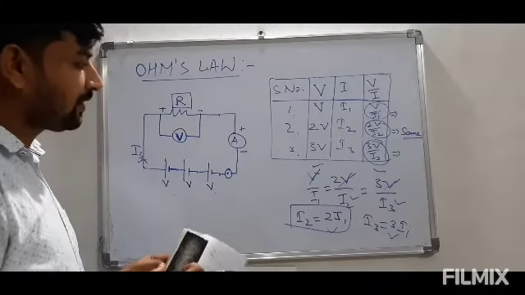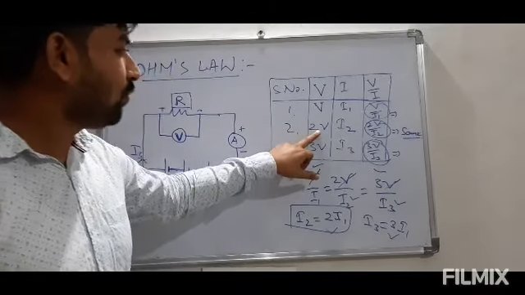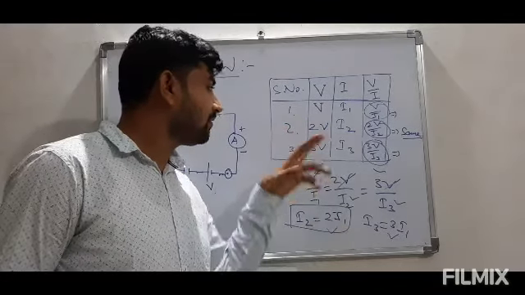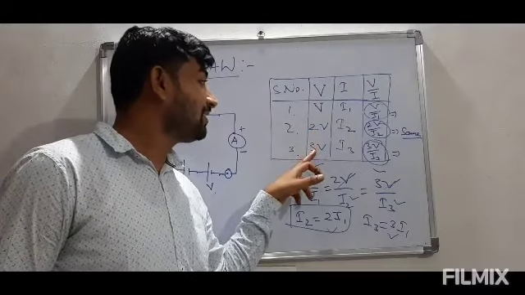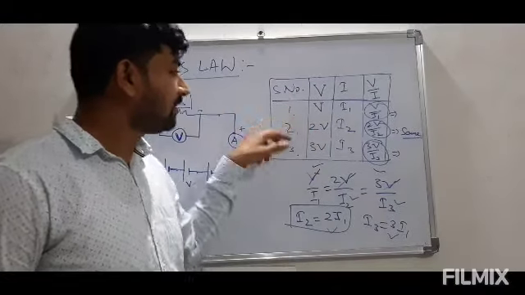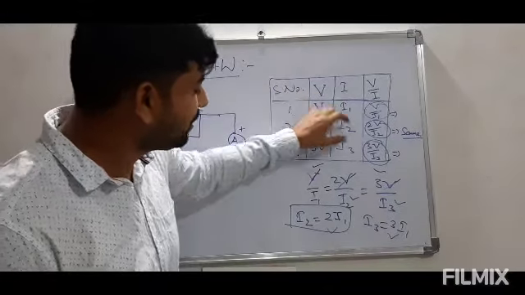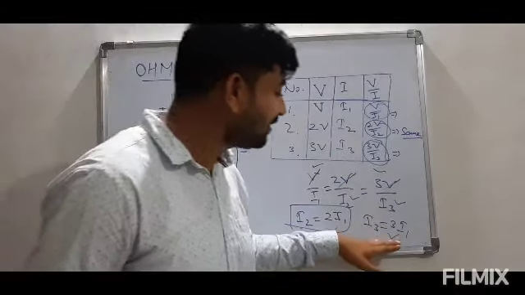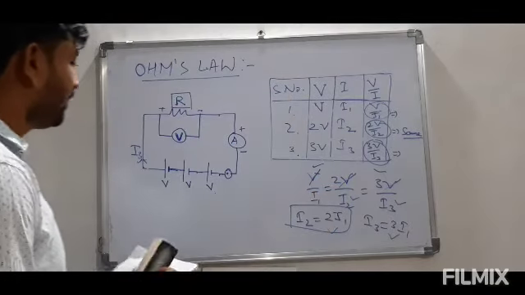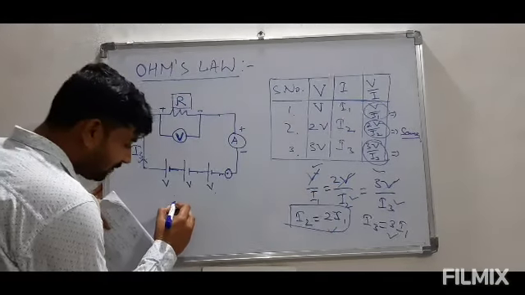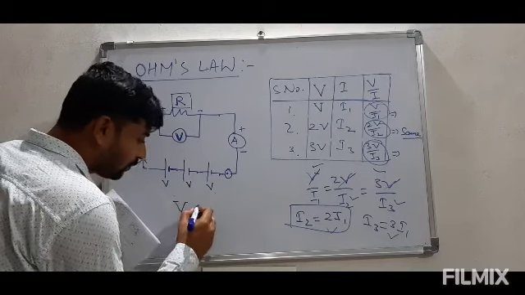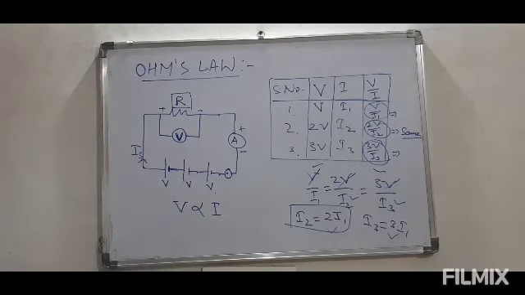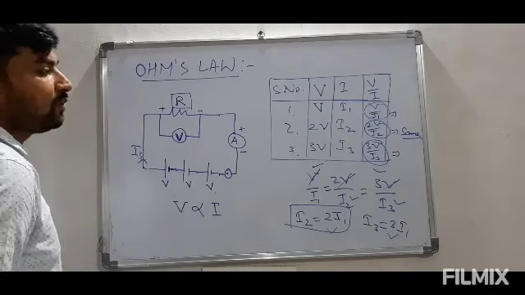What does it mean? When we increase the voltage to just double of previous one, the current is also doubling. When we are increasing it threefold from first, जब हम इसको 2 गुना कर रहे हैं तो करंट भी 2 गुना आ रहा है। जब हम वोल्टेज को 3 गुना कर रहे हैं तो करंट भी 3 गुना आ रहा है। इट मींस जो भी वैल्यू में हम V पोटेंशियल डिफरेंस में बदलाव करेंगे, वही बदलाव करंट के अंदर होगा। And this is the law which is known as Ohm's law.